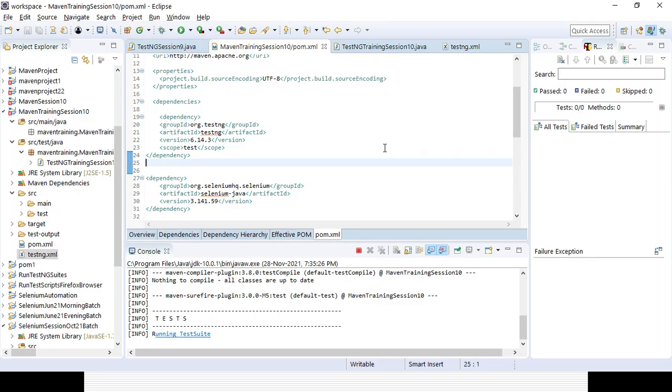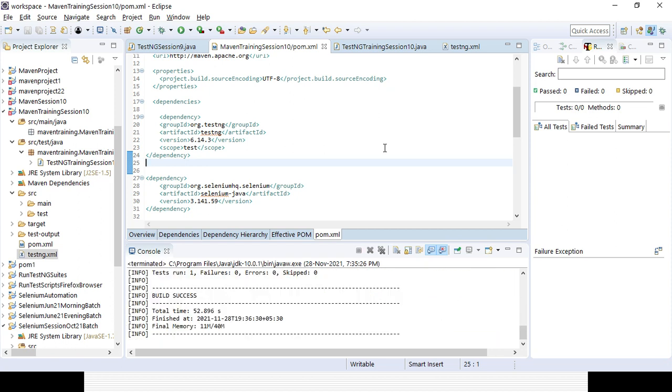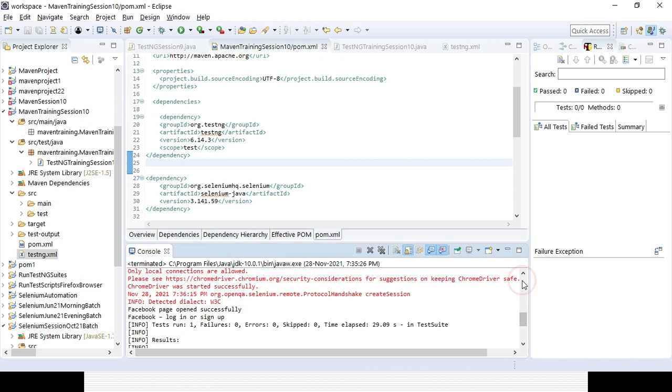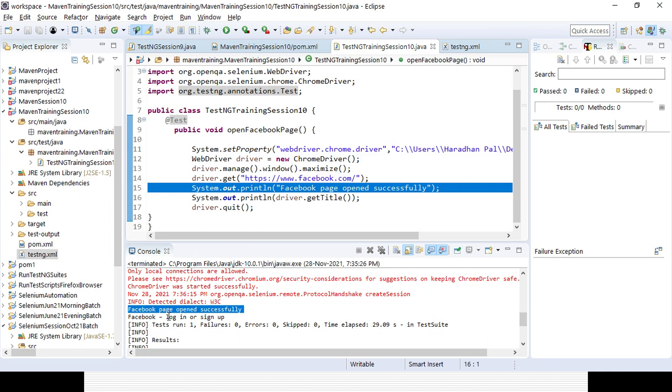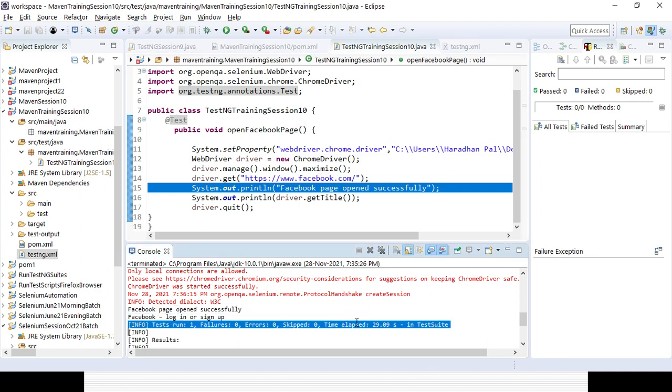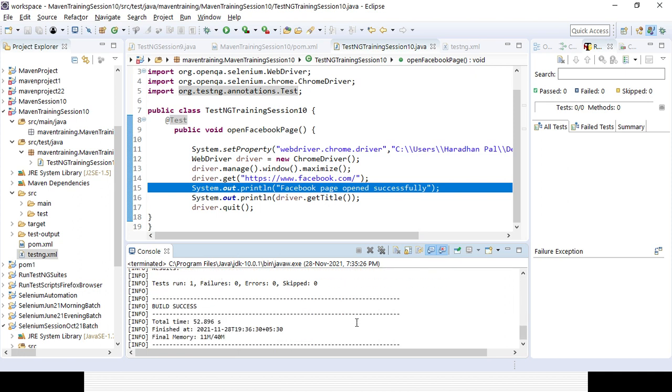You can see the test case got run successfully, and here you can see build success. Either it will give build success or build failure. Total time is also shown. These are the additional things you can get to know here: how many test cases run, how many fail, and you can also get the result here, right? The title is also coming, and the total time gives you more info.